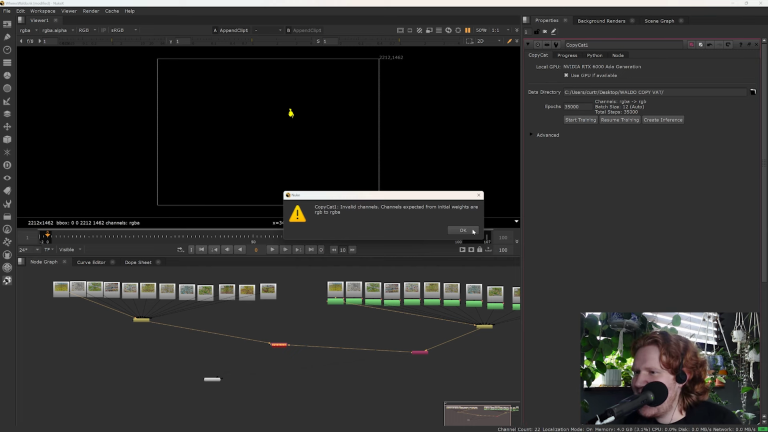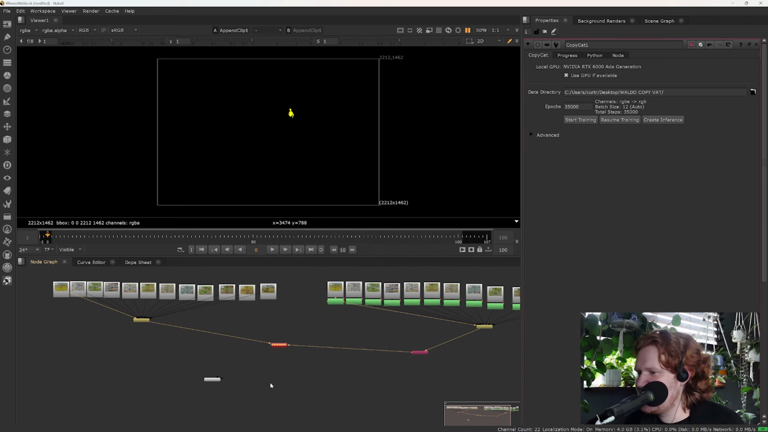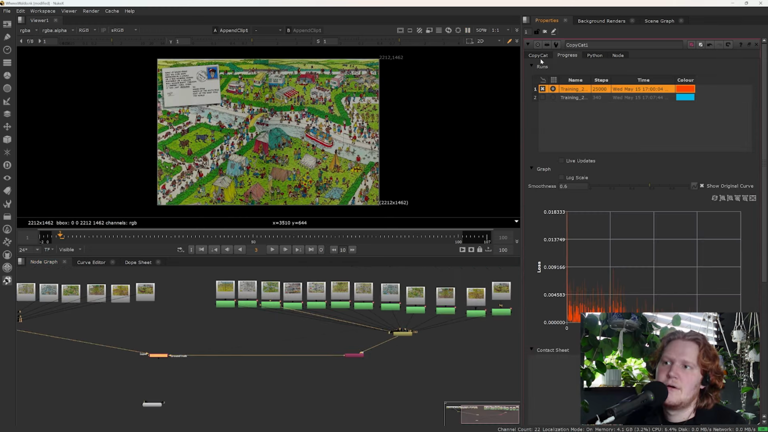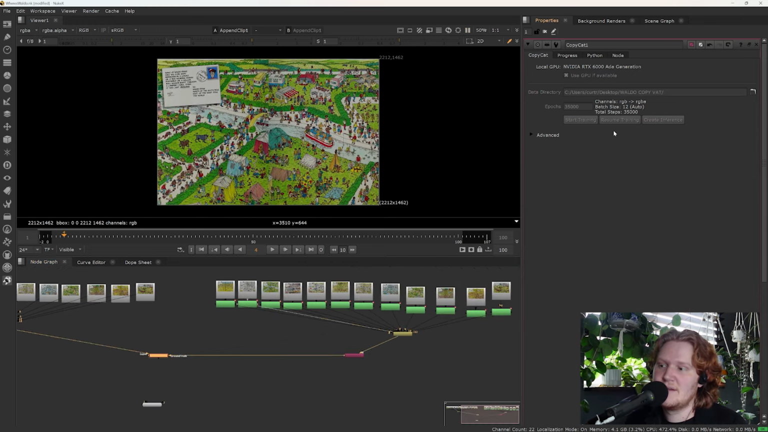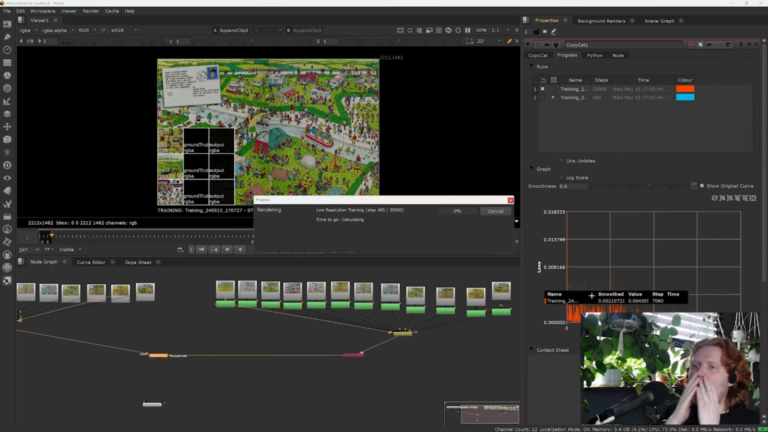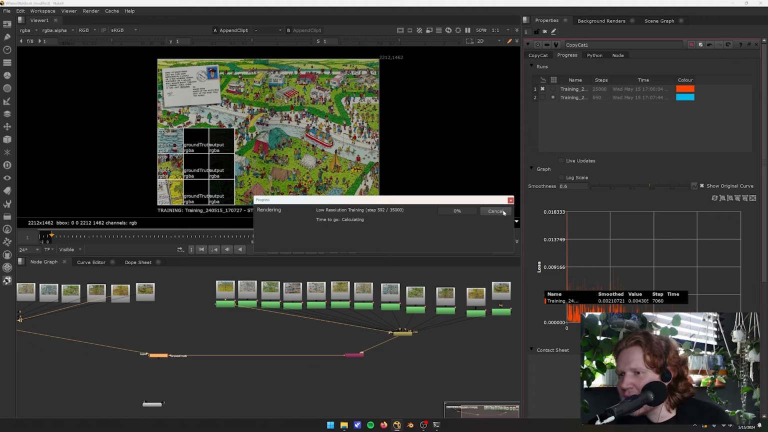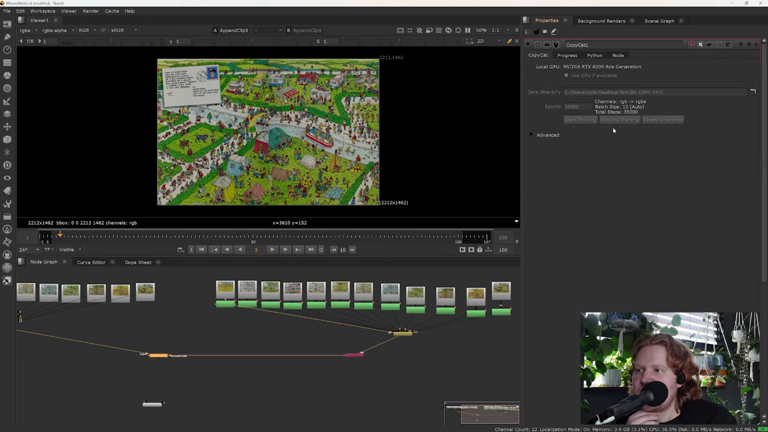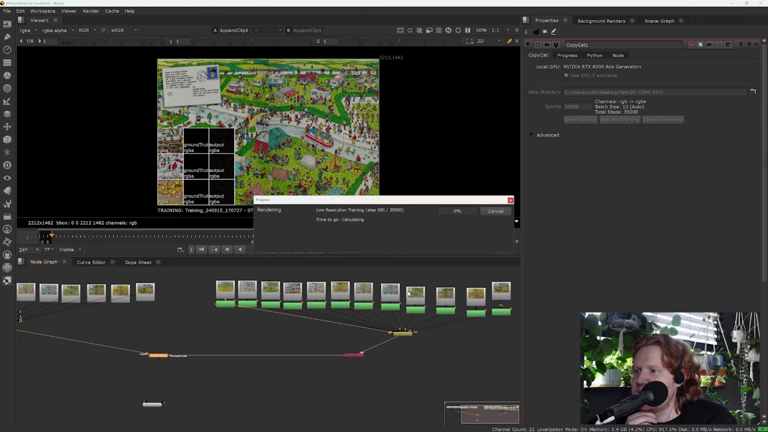What does this mean now? A channel is expected from initial weights, or RGB to RGBA. What did I do? I got these backwards. Okay, that's selected. Resume training. Did I fix it? Why? Wait, because you're on blue. I don't want you on blue. What are you doing? Just this one. Resume training. Dog, if I messed up,